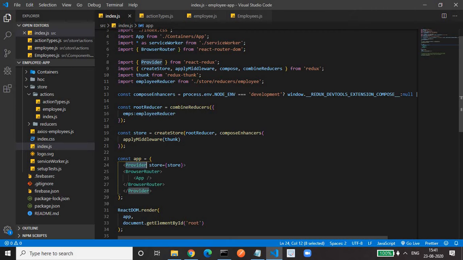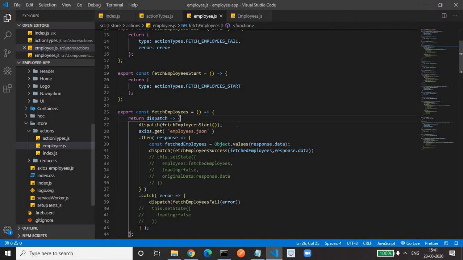That's why we have to import thunk from Redux Thunk. Also we need to initialize it. So the Ajax call is only possible because of Redux Thunk. And fetchEmployee is the action creator which returns a function with a parameter dispatch. In this function we are calling the Ajax call.